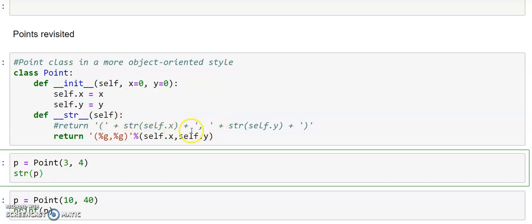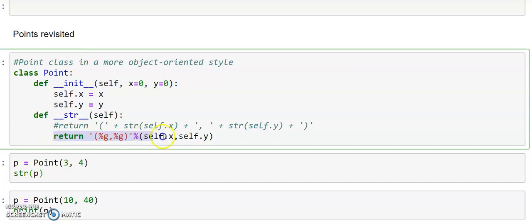Again concatenate a comma and a space, then concatenate the second coordinate y, then a close bracket. This is the result we return as the result of the method.